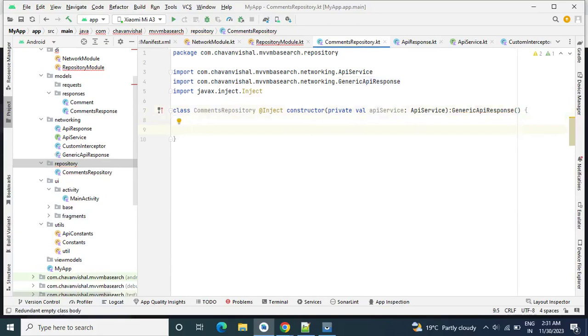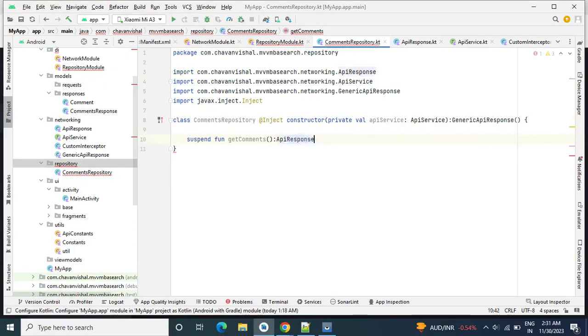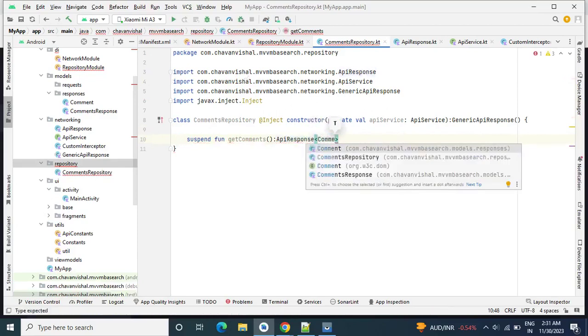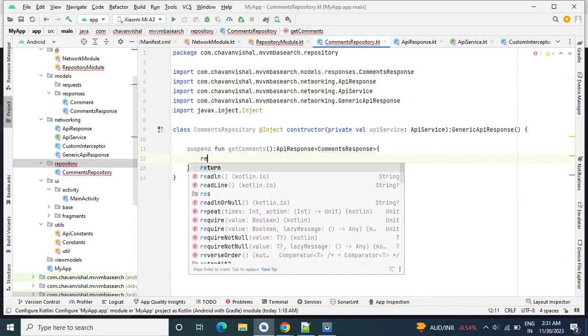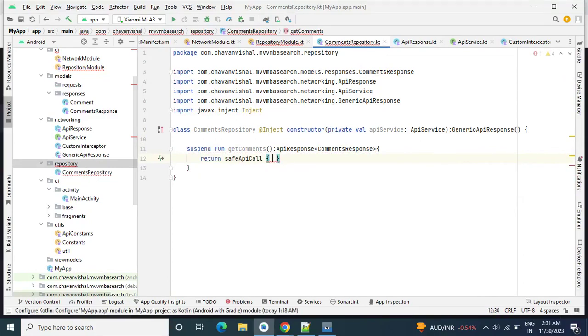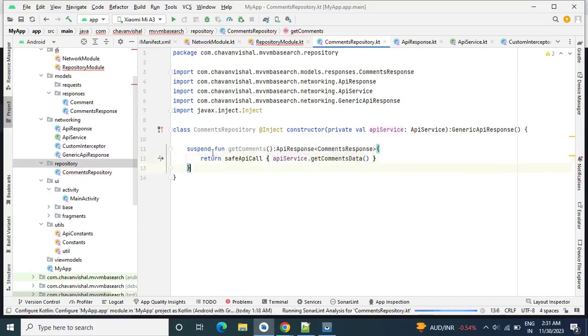Okay, so here we will write our suspend function for get comments, and this function will return our API response of the comment response model. Return safe API call, here apiService.getCommentsData. Now we have created this repository.